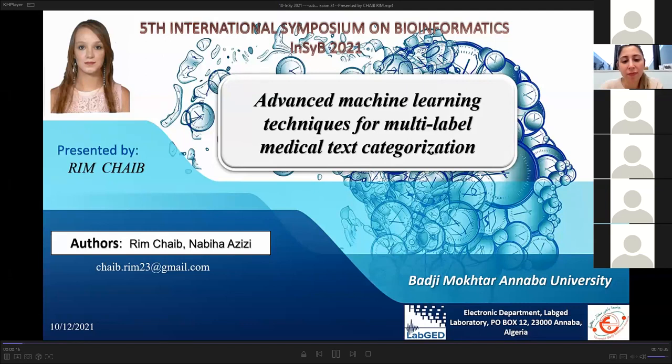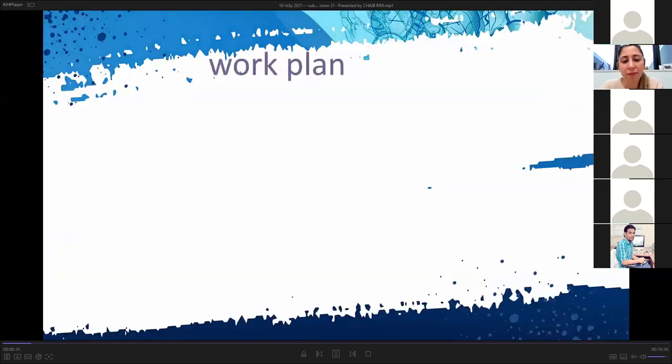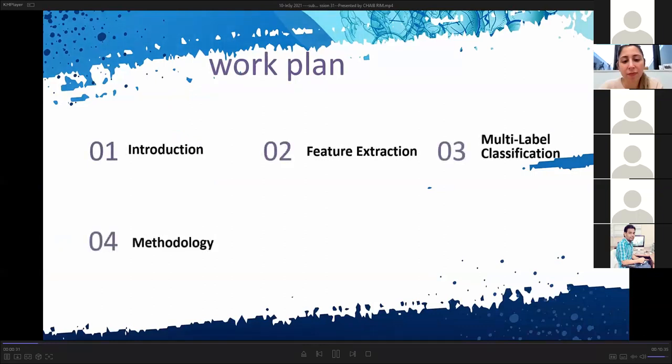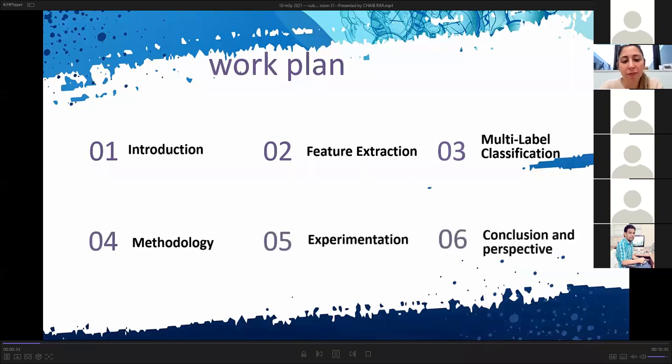In this presentation, I am going to introduce advanced machine learning techniques for multilabel medical text categorization. During this presentation, we start with an introduction, then we explain feature extraction and multilabel classification. Then we describe the used methodology. In the experimentation part, we explain the different experiments carried out to obtain the results, and we finish with a conclusion